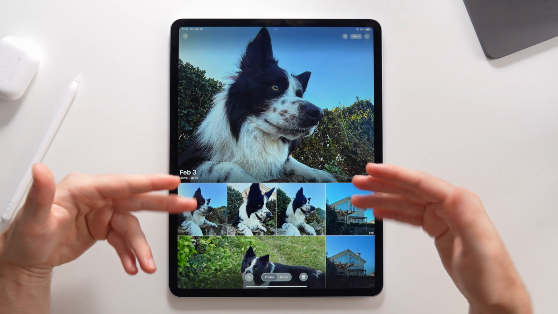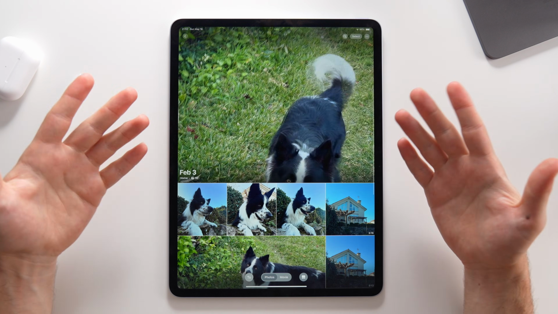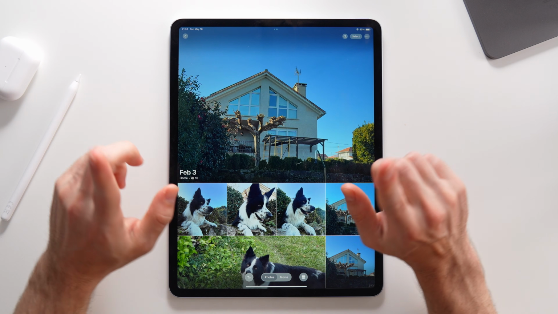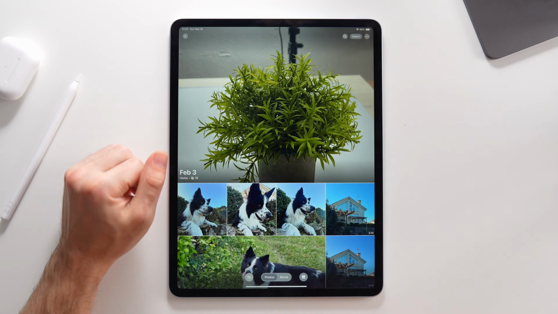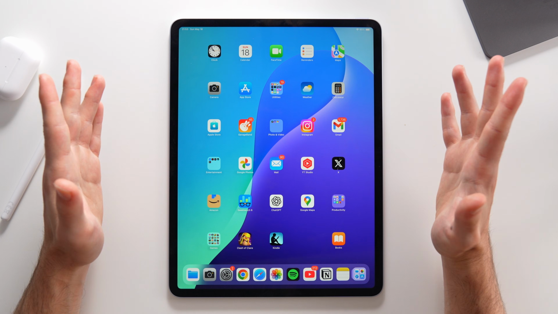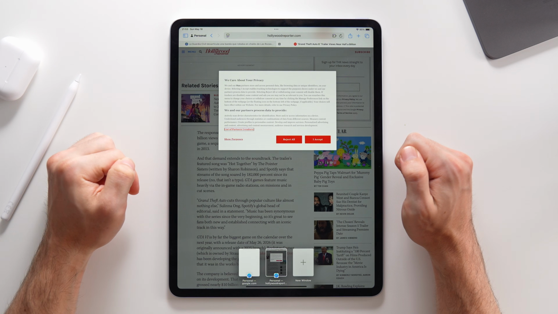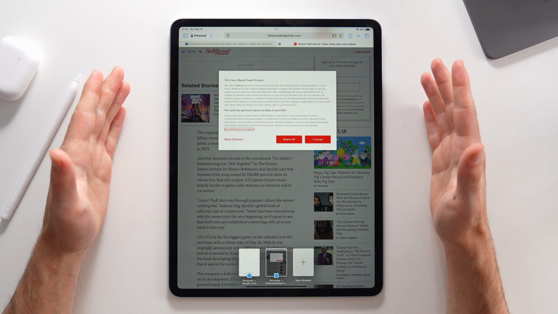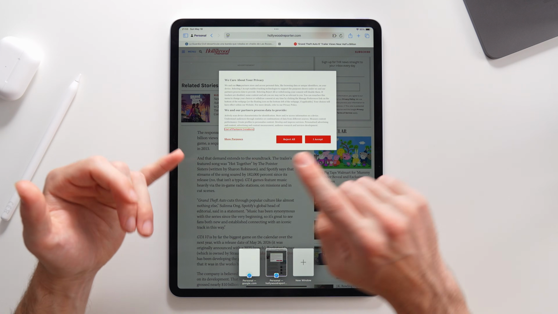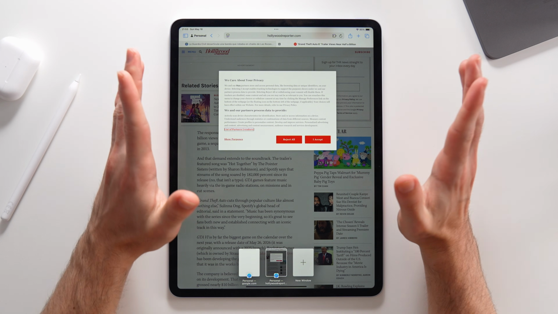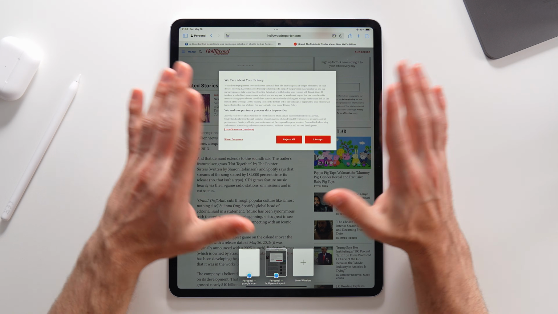In this case, they don't really copy because they are the same photo, but you can essentially do this with many apps. Not every app, but many apps. And second, but definitely not less impressive, if you tap right here on Safari, you will now be able to hide distracting elements like cookie banners and ads and stuff like that with only 3 taps and in any website